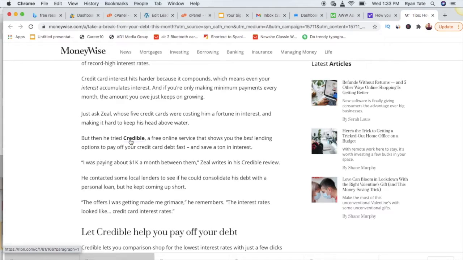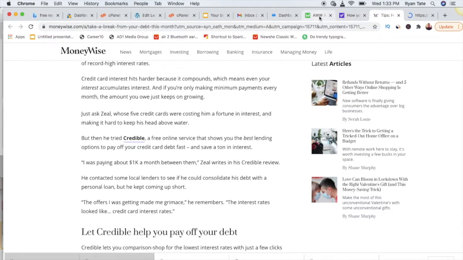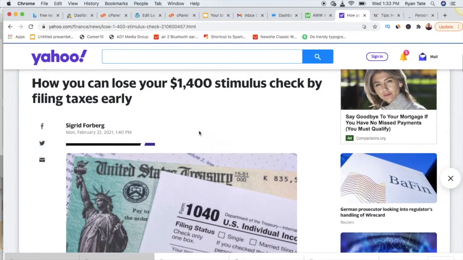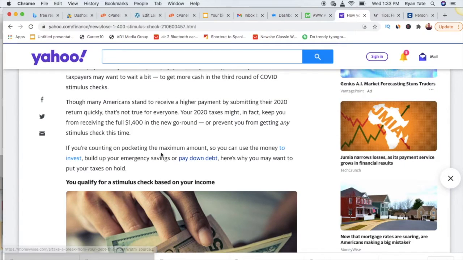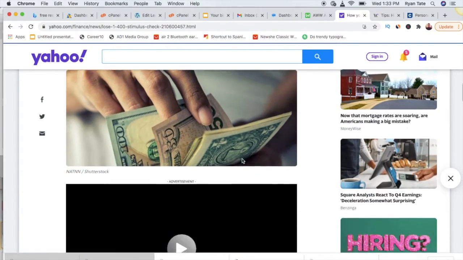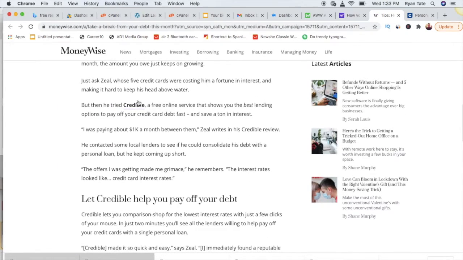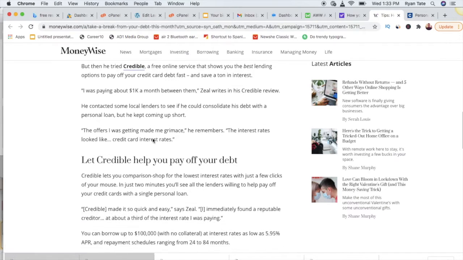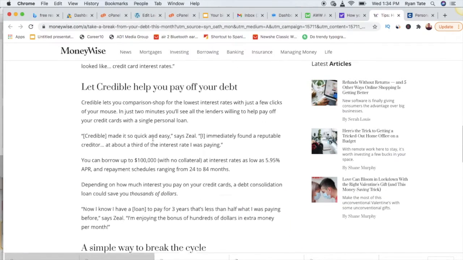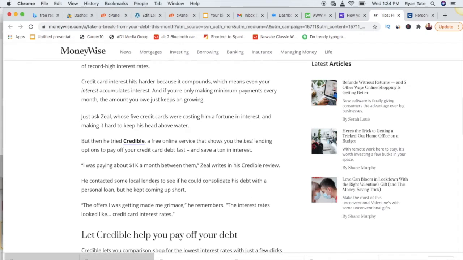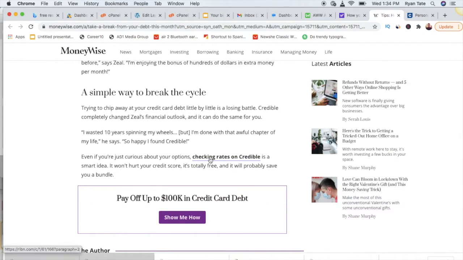So they're an affiliate for this program called Credible. And they're using method number 1. We talked about pre-sale. They're using pre-sales. So this article right here is selling you on clicking on these links, like to invest or pay down debt. And when you get here, you land on an actual pre-sale that links to the affiliate link that they're promoting. So this whole page is designed to promote this Credible offer to get you excited and pre-sell you on clicking through.